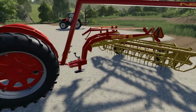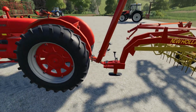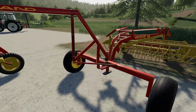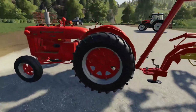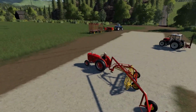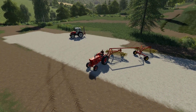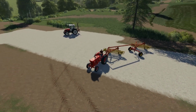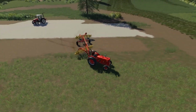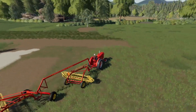But yeah, the great thing about this mod is you can do one in which you can directly hook up to the tractor. Or if you want to, you can use the rake hitch and add a second. Works great. Fire our tractor up here. And you use your mouse control to adjust your wheel there. So you have the transfer position if you're going down the road, and then when you want to get ready to do some raking,